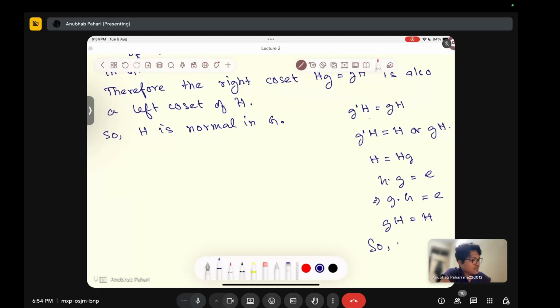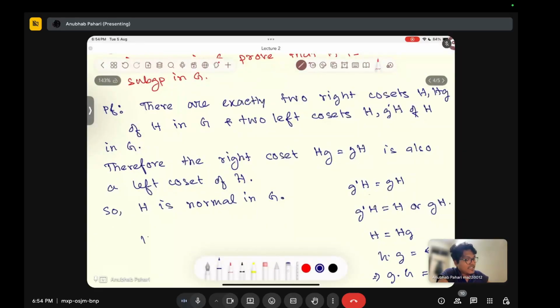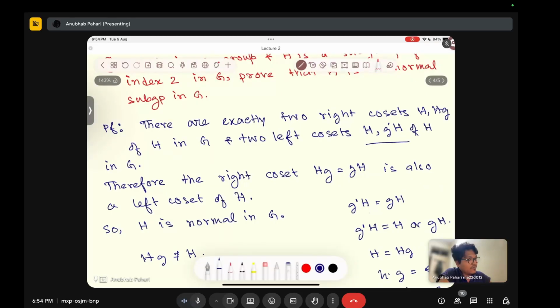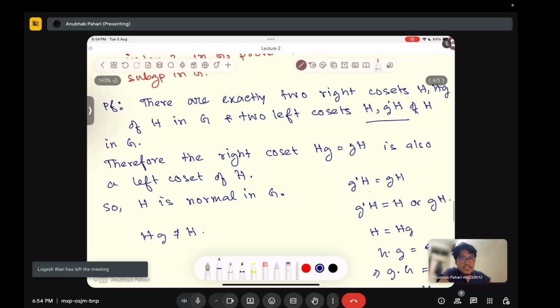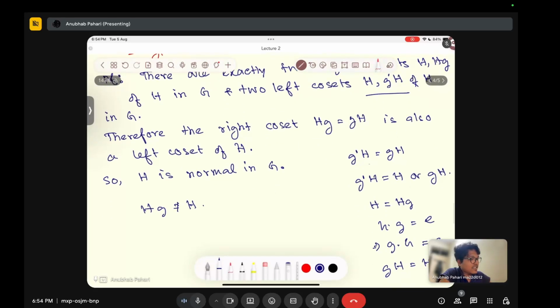So gH is not equal to H, right? We have just shown that Hg is not equal to H. So H is already one of the two cosets here. So the only way you are getting this is if they are not equal, then